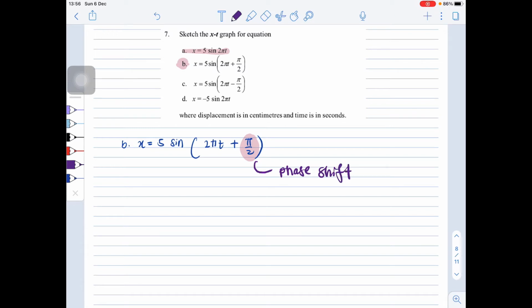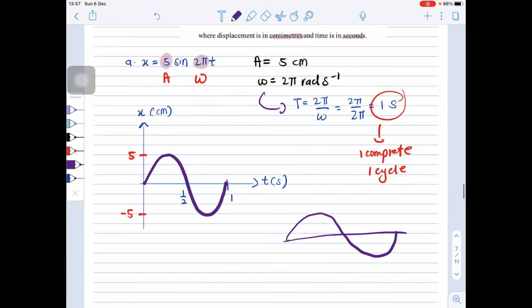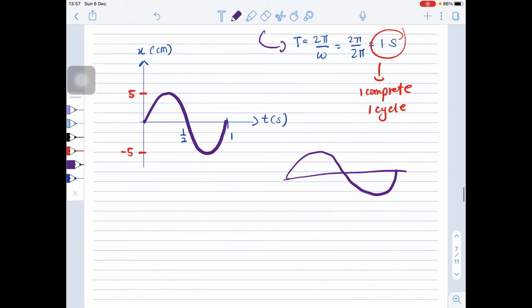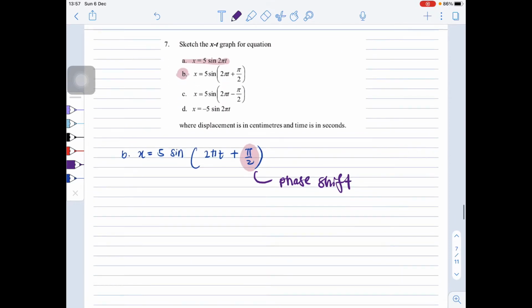Maksudnya instead of kita punya graph start macam tadi, so this is our graph tadi kan. Instead of dia start daripada kosong, okay, so now dia sudah shift. Dia akan shift sebanyak pi over 2. So macam mana kita mau lukis graph ni? Okay, cara yang paling senang adalah